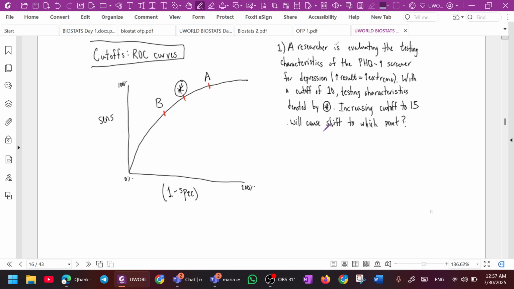Okay, I'm sorry. You are evaluating an optimal cutoff for the diagnosis of immune thrombocytopenic purpura, which leads to decreased platelets. A cutoff of 25K platelets leads to increased sensitivity and specificity. Decreasing the cutoff to 10K would correspond to which point? What are they asking you here? Decreasing the cutoff.